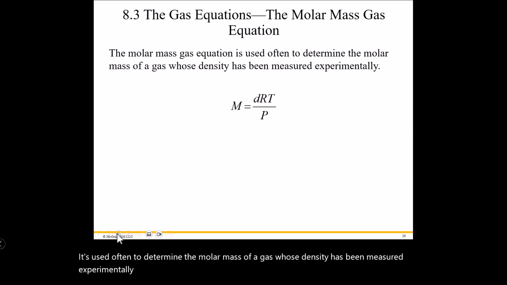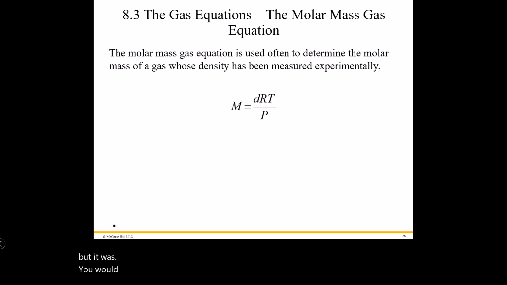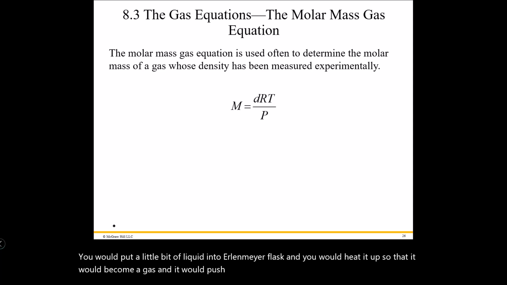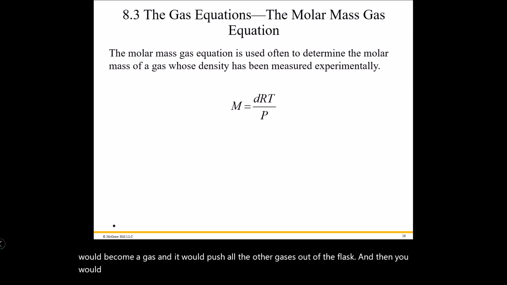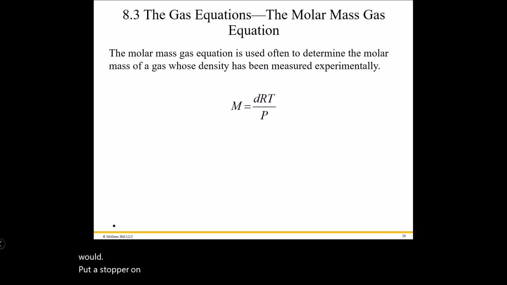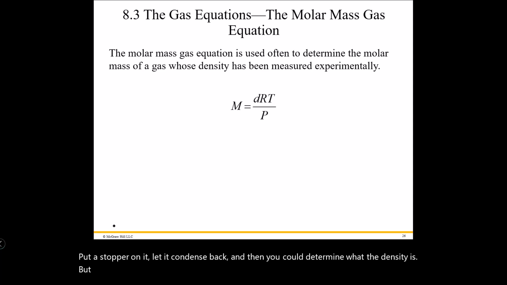We used to do a neat lab with this. I don't know if they're still doing it or not, but you would put a little bit of liquid into an Erlenmeyer flask, and you would heat it up so that it would become a gas, and it would push all the other gases out of the flask. Then you would put a stopper on it, let it condense back, and then you could determine what the density is. But I think what throws students on this problem a little bit is that